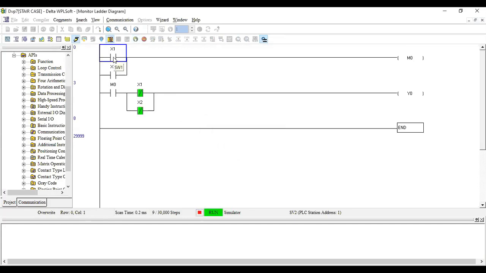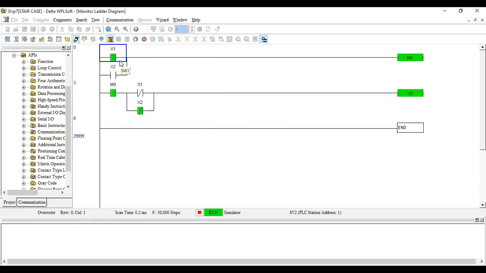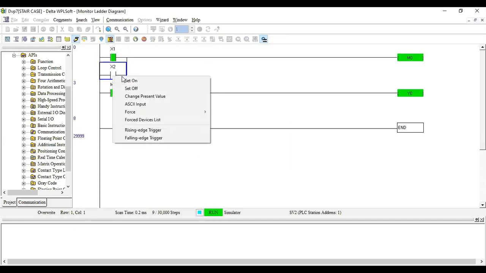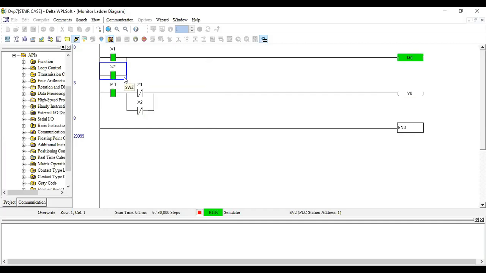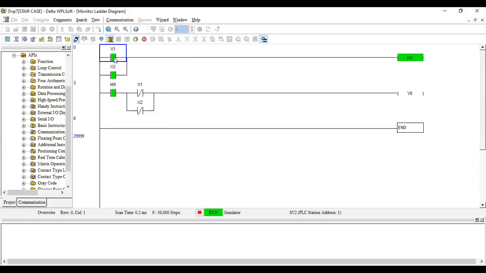Okay, so set on, the motor is on. Fine. So if I use my second switch, your output should be off. Fine, that's it. Good. Super, sir. Your name, sir? Chandrasekhar, sir. Thank you.